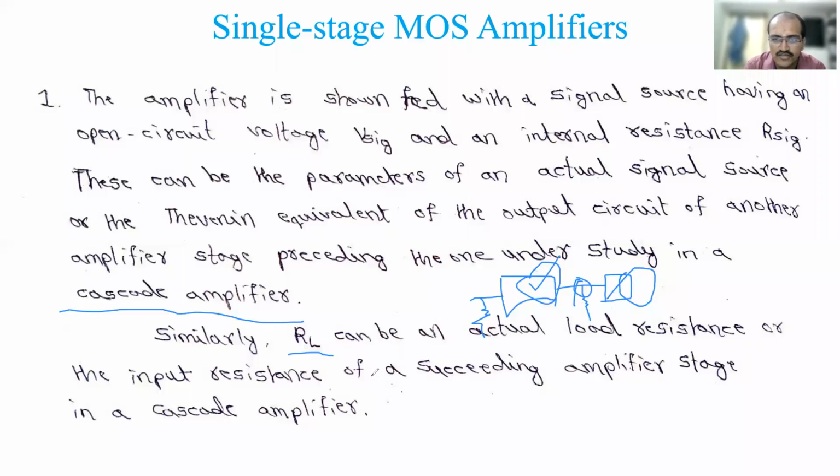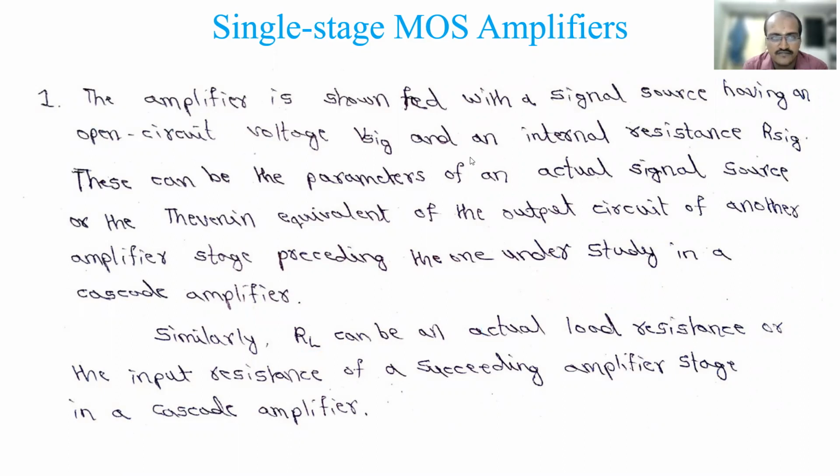So these abbreviations will differentiate RL and RI. If no subscript is given and you just write R, it can work both ways. Okay, so that's what the first comment is about. You should not think that it should be only at the beginning and end itself. No, it will be present in between the amplifier stages.